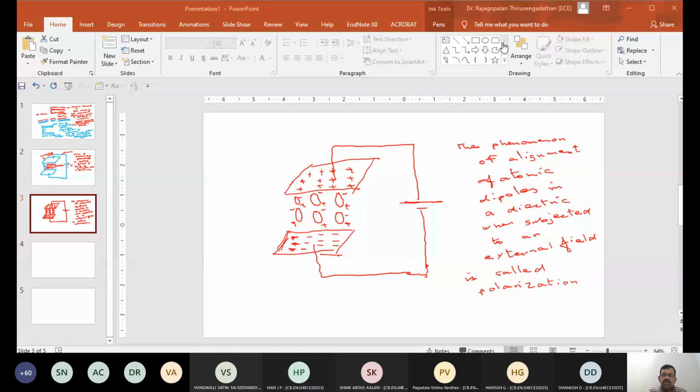Now, one more thing. Because of this work done by the battery, we can say that the capacitor has acquired charges. The charges are being stored on the plates of the capacitor, and therefore the energy that we spent in pushing the electron from one plate and putting it on the other plate, in the form of work done, is now stored. That energy cannot go anywhere. It is stored on the plates of the capacitor. So that is why we say a capacitor stores electrostatic energy. Is that clear? Okay. All right.